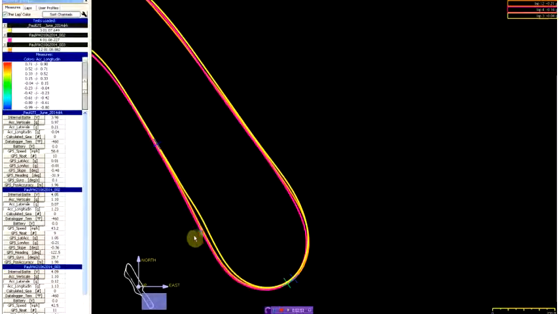I just changed the color coding to that dark green. Let's make it a bright yellow. First time I did this, it was a bright red anyways. It was easy to see. But look at the difference in your line. Look at how you came down going into the carousel, staying all the way to the left, and then you kind of double apex. This came right in,